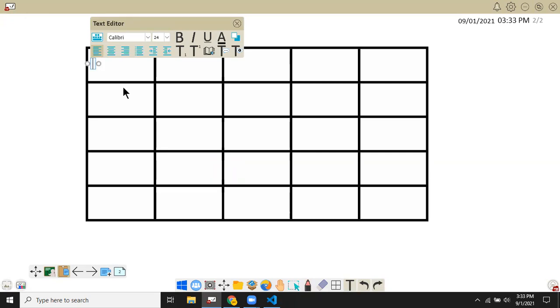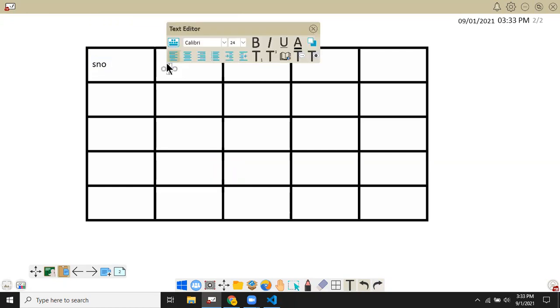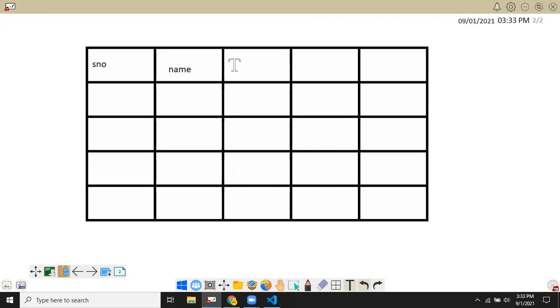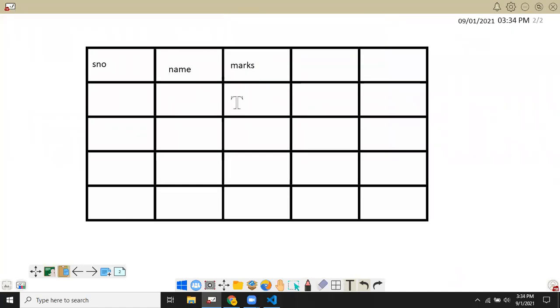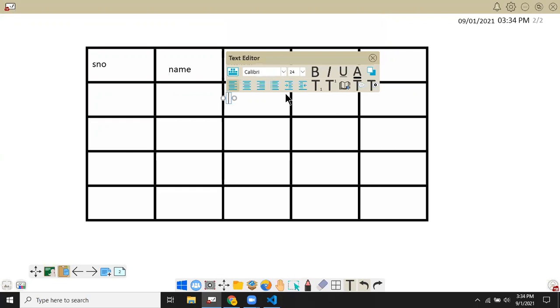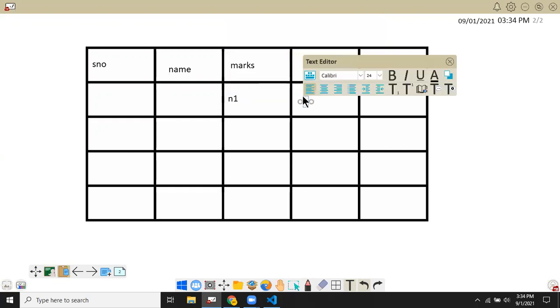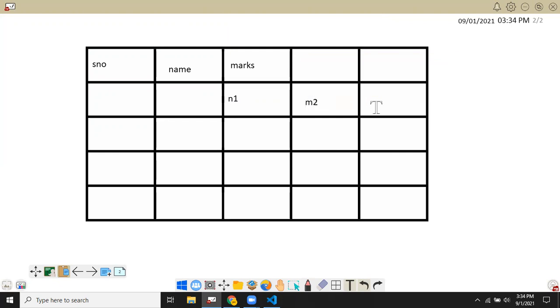For example, I'm showing a serial number here, then the name of the student, and then marks. Below this, I want the marks in subject 1, marks in subject 2, and marks in subject 3.